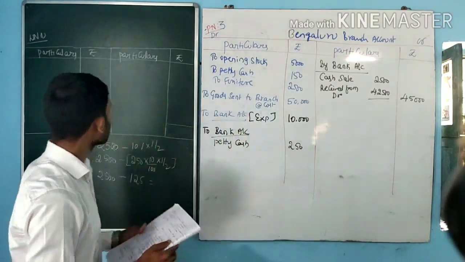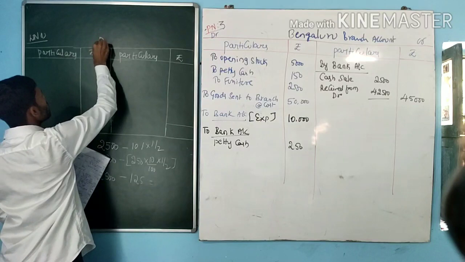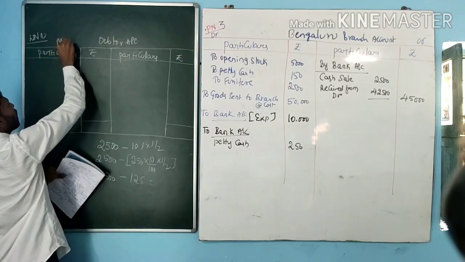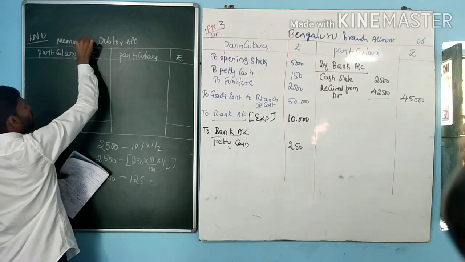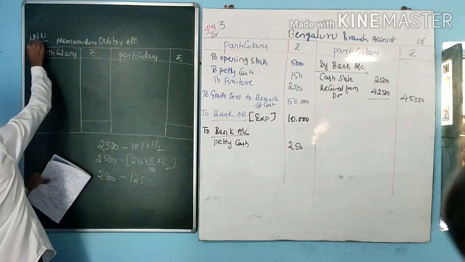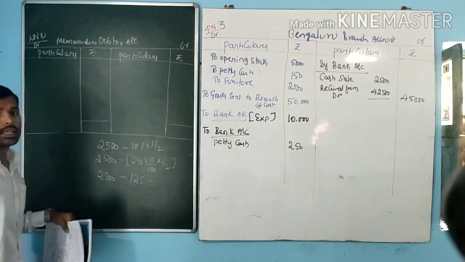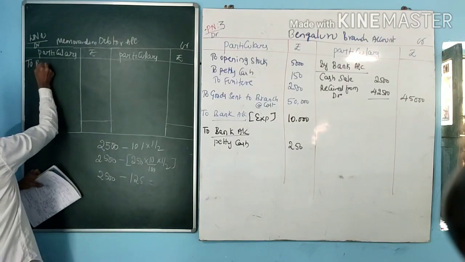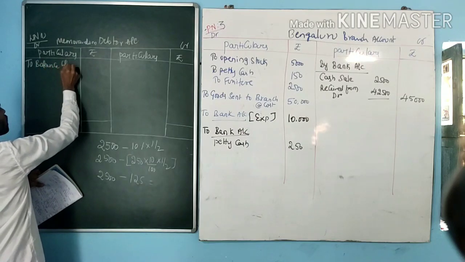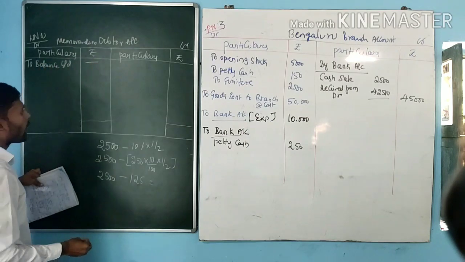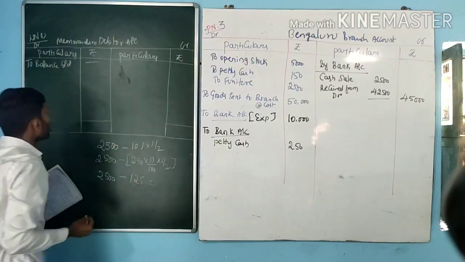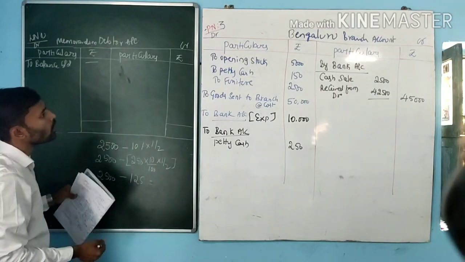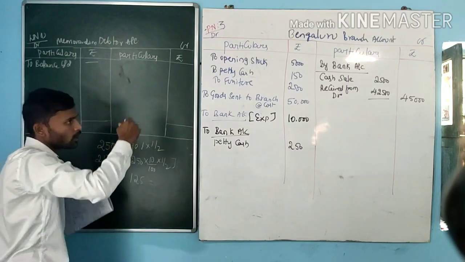Now, debtors account. We can call it memorandum debtors account or total debtors account. Memorandum debtors account, debit, credit. Now, is there any opening balance, that is debtors at the opening? Not given in the problem. Nil. There is no closing debtors also, but we can find out the closing debtors from the given information. Now, check what information is given.